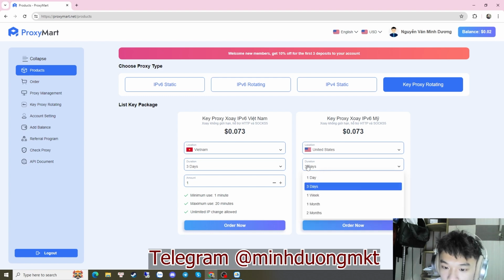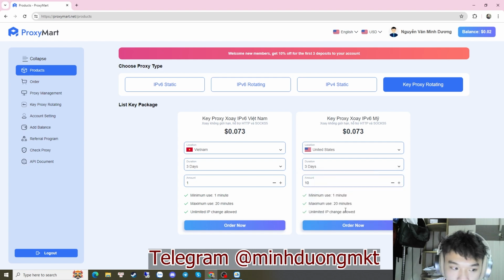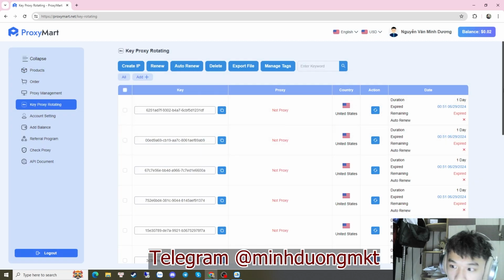And you can also choose the duration, 1 week, 1 month, 2 months, and stuff like that. Click order, and then when you finish buying, you can go to these key proxy rotating right here